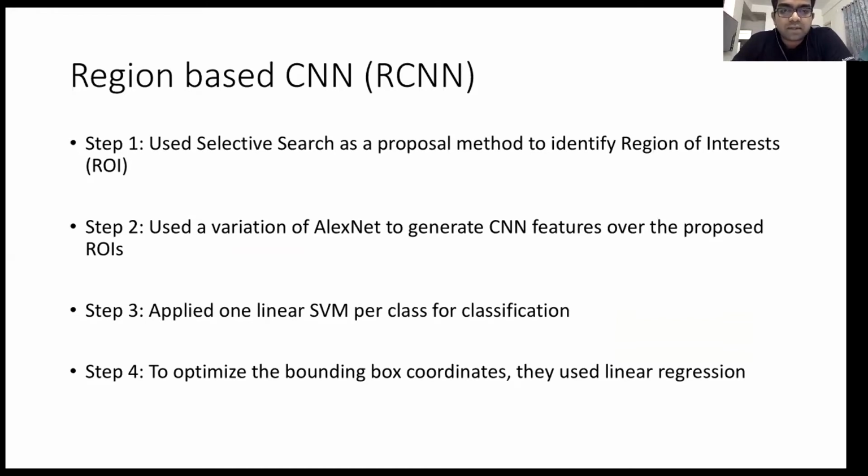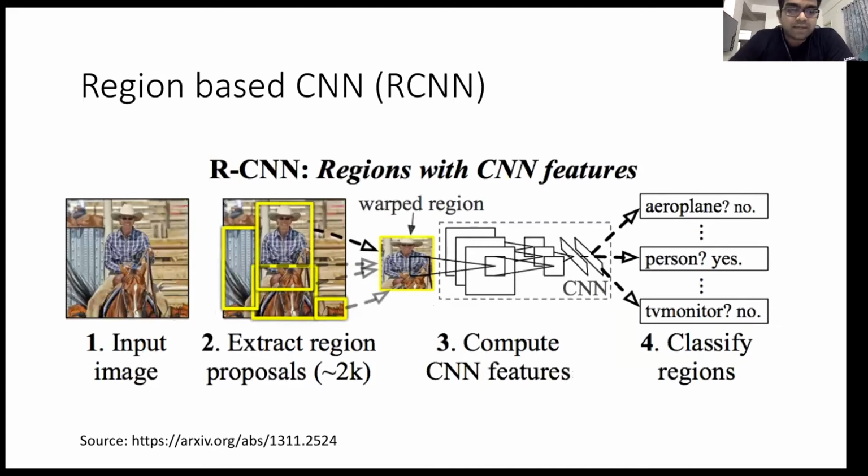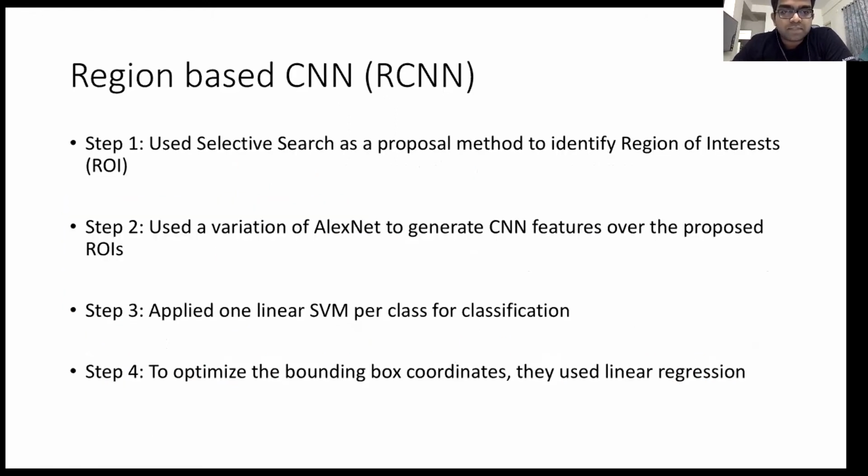What do I mean by that? To give an example, let's look at this input image here. You see all the yellow boxes here. In order to identify the probable objects, they use something called selective search. It is nothing but a simple computer vision based algorithm which looks at pixel colors and pixel textures and groups the pixels based on some hierarchical clustering algorithm and tells that these are the proposal objects that might be of interest to you. So they get 2000 such proposals from selective search,